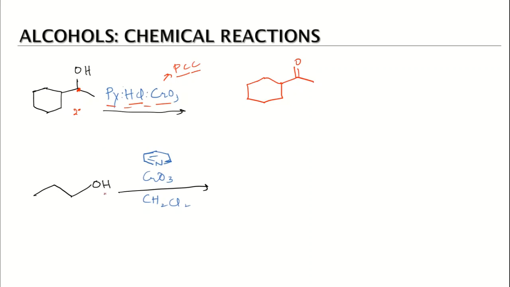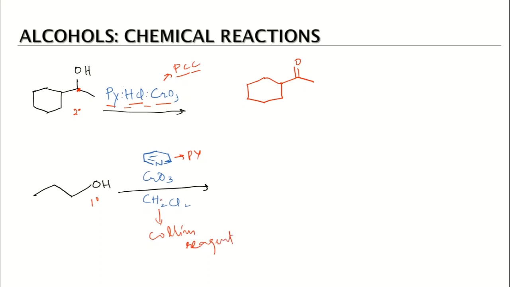We have another alcohol here. This is again a primary alcohol. We'll recognize the type of alcohol. This is a primary alcohol, and we are using the same pyridine that we have shown by PY here. This is nothing but pyridine. This is chromium oxide, and this is methylene dichloride. We are using this to oxidize the alcohol. This oxidizing agent is the Collins reagent.